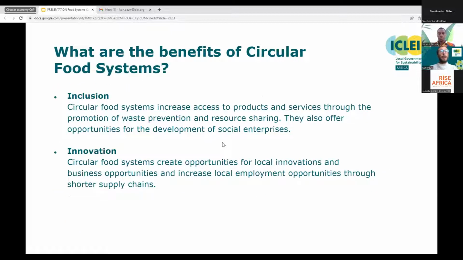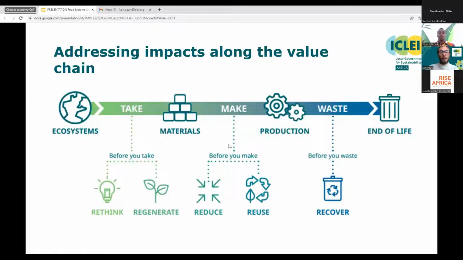There are also wide-ranging social benefits, which could play a really big role in streamlining socioeconomic development and offering opportunities for developing social enterprises and streamlining innovation within these enterprises that aim to have social impact as well as contribute to economic growth. We will now see how circular food systems can be implemented through a series of critical actions that can be taken by different stakeholders, from the production all the way to the household level. Every single stakeholder has a role to contribute to formulating a more circular food system.